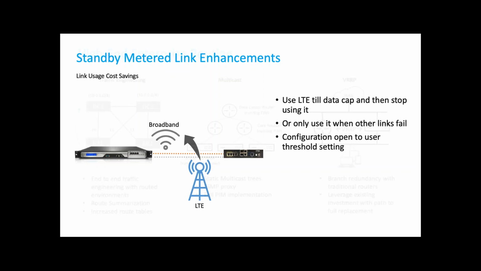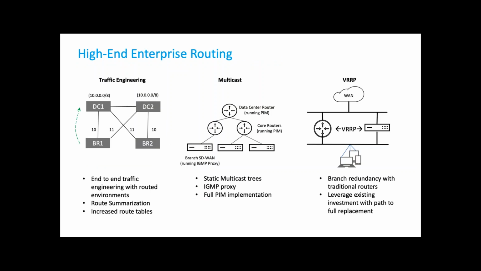So we've spoken a lot about the branch sites and how easy it is to integrate into those networks. But what could you do at the head end? There's always going to be some reservation about putting a device onto the network at the head end. It normally needs to go through a lot of approvals from network architects and security just to get this device onto the network. While it can act as a head end device, so it can do your BGP and OSPF routing, it's also very comfortable sitting on the network to be directed to with policy-based routing. And it's the easiest way to get these devices onto the network.